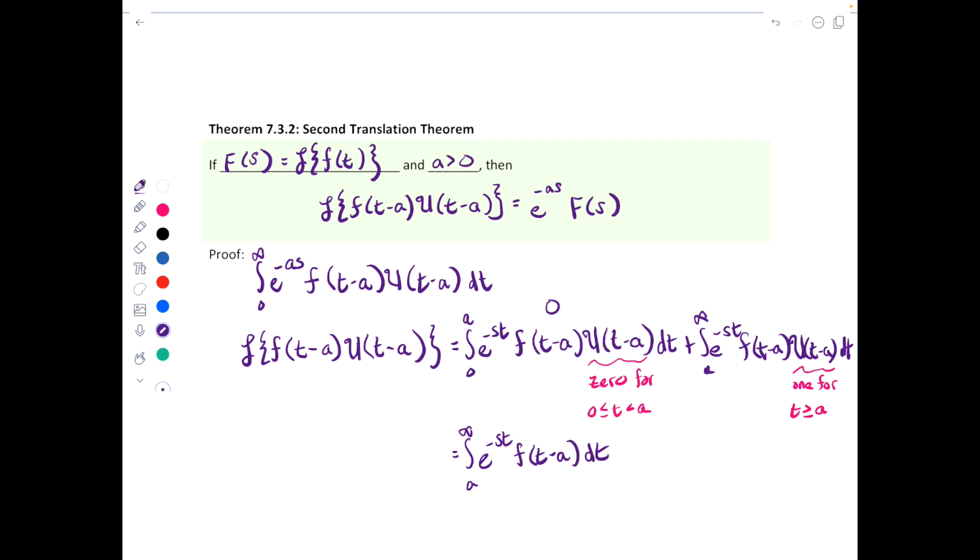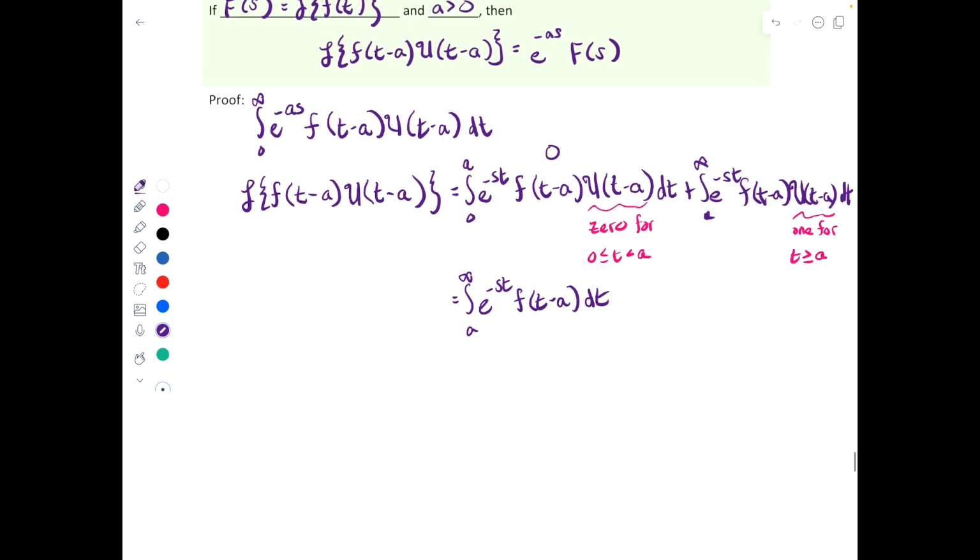And now if we let v, I'm not going to use u because we're already using a u, so we're going to let v equal t minus a, and so dv will equal dt. Okay, so now looking at this integral from a to infinity of e to the negative st times f at t minus a dt,